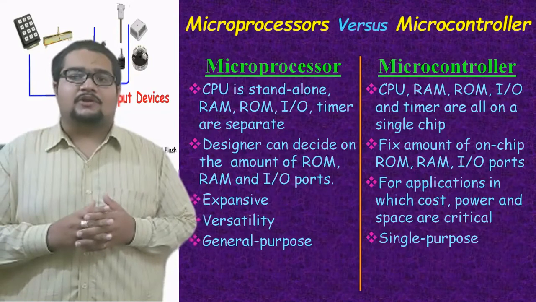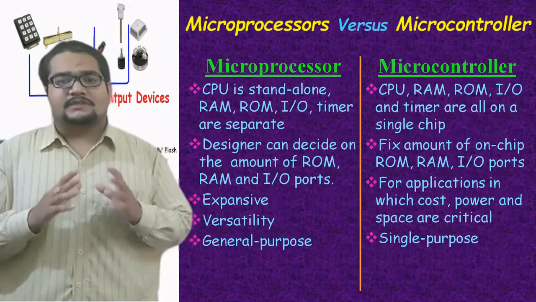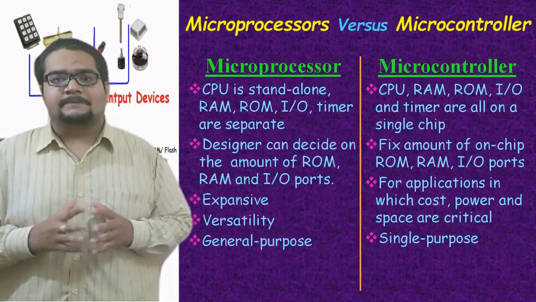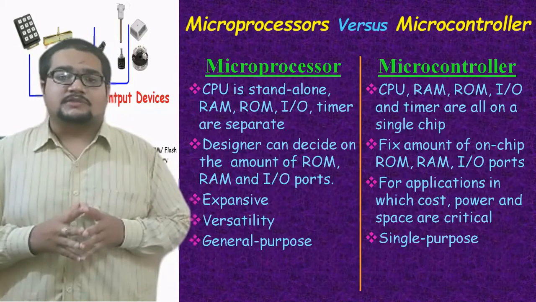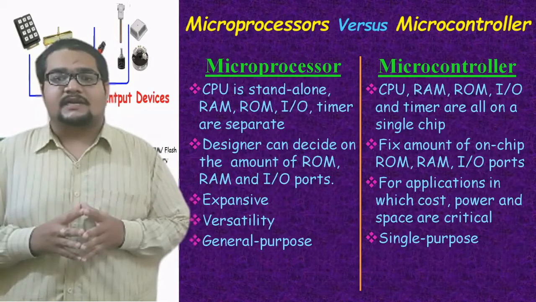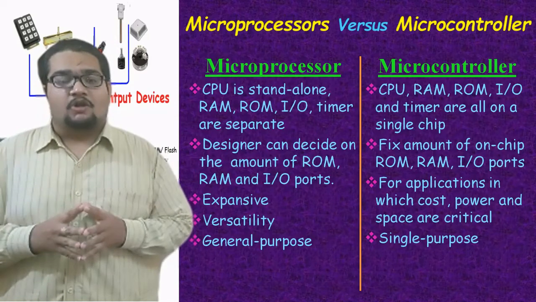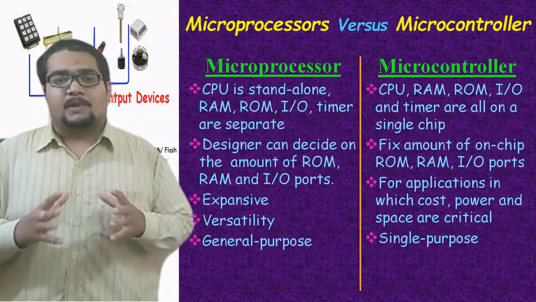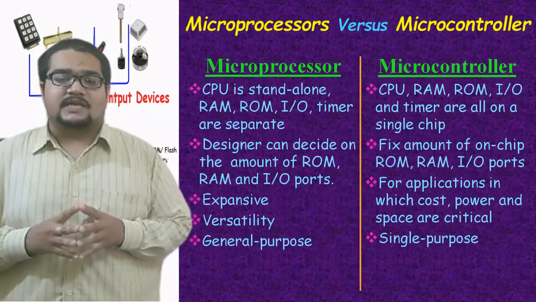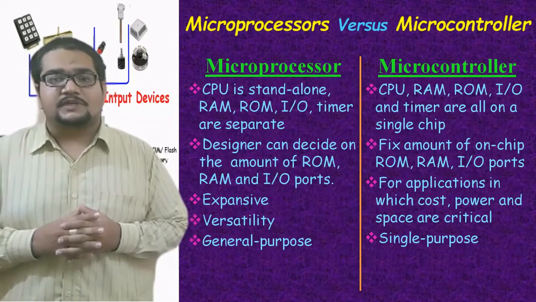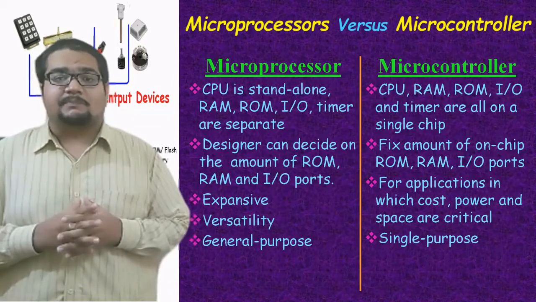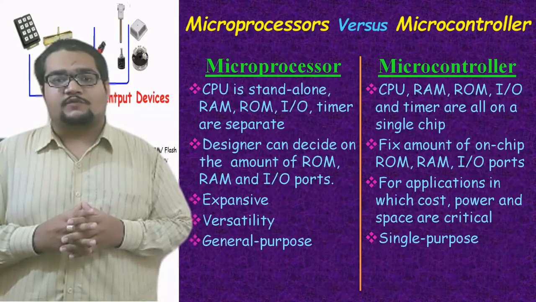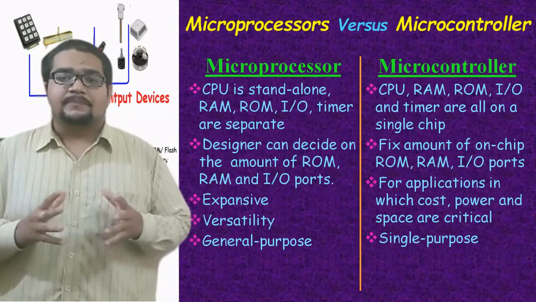Whereas in the microcontroller, everything is embedded on a single IC, packed into a ready-to-use design. And in the microprocessor system, the designer can decide how much memory to use. Obviously, there is an upper limit on how much can be interfaced, but there is always a choice with the designer on how much memory to interface for using that processor in a particular task. Whereas that thing is not that flexible in microcontrollers.